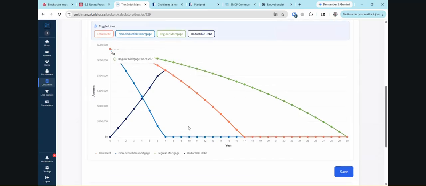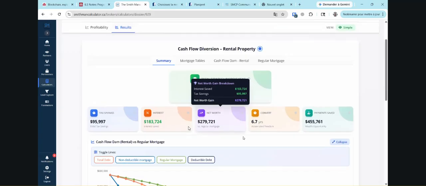So how that looks is that this is the converted debt. The blue line is how long it will take to transfer the debt into a fully deductible mortgage. This is the deductible debt going up. Obviously this is at the same period because the total debt and deductible debt meet at the conversion point. And then once we've converted, we're using all that tax efficiency to return it to the mortgage and pay it off in record time. So essentially in this case, we've created a potential net worth improvement of $279,000 and a